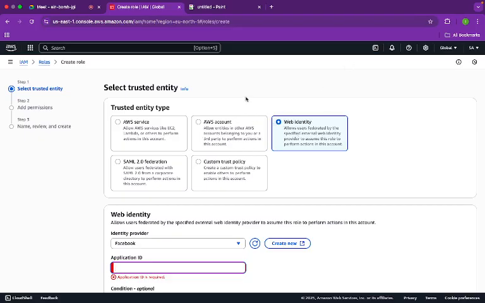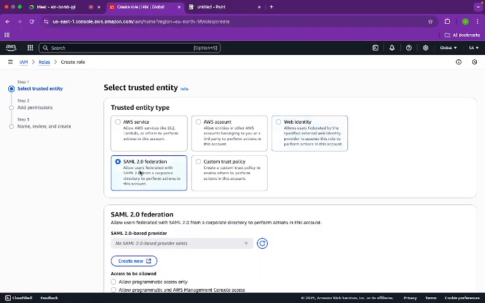Let's suppose Facebook has some data that you want to store in an AWS S3 bucket, and you want to connect Facebook with AWS, or any third party identity or web interface you want to connect with AWS. Then you go with web identity. Then you have to create a role for the web identity. This is the third option. The fourth option is